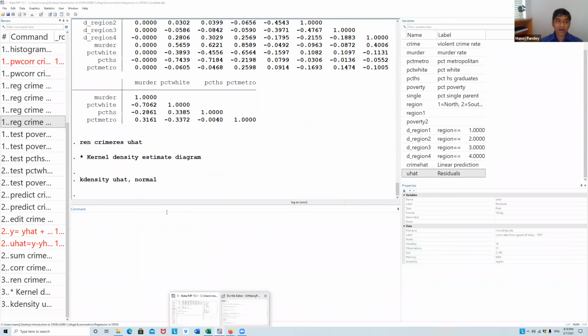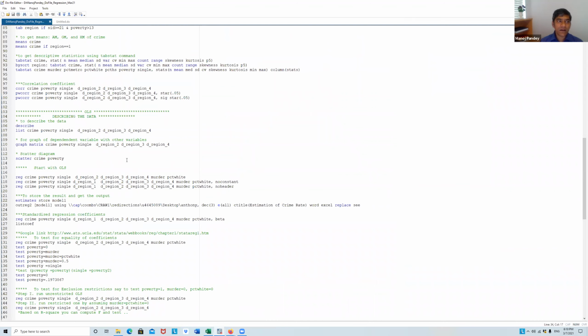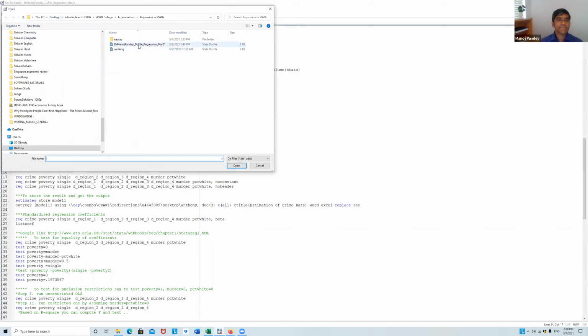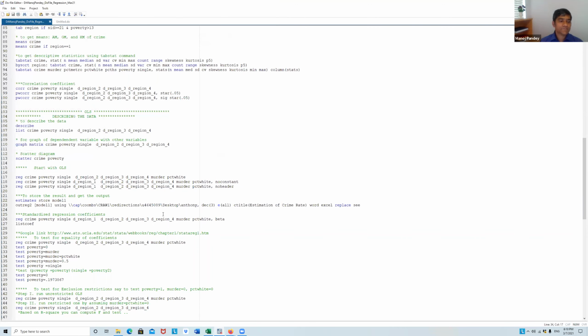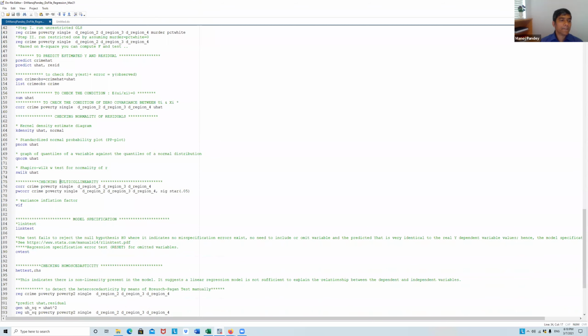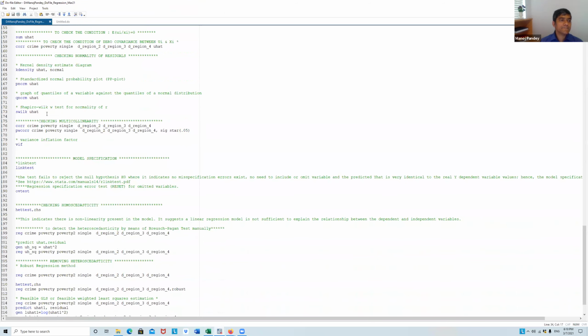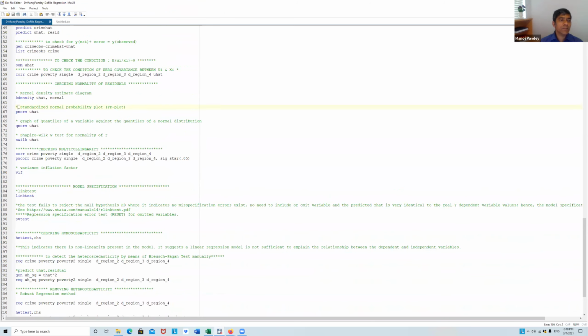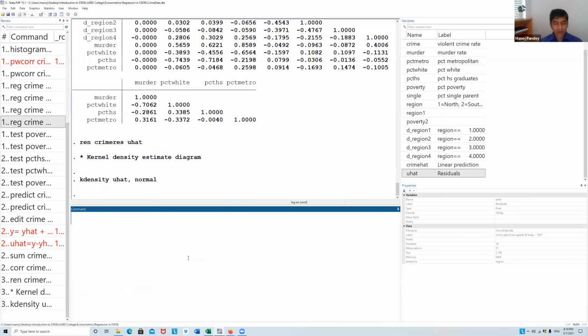So I am using another command just to make sure. It is called P norm. Basically, it gives you the PP plot, the standardized normal probability plot.